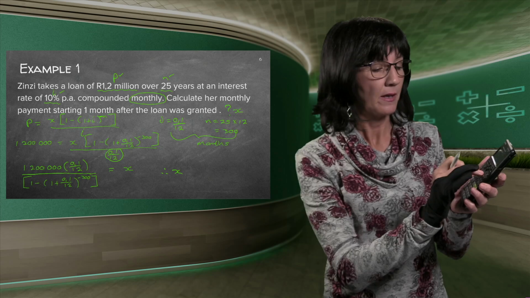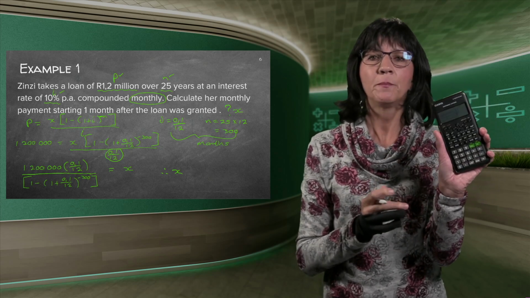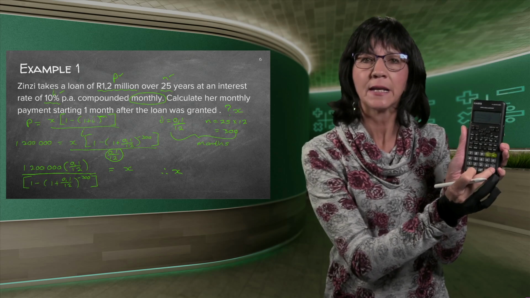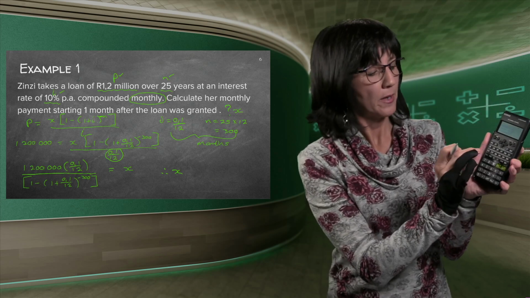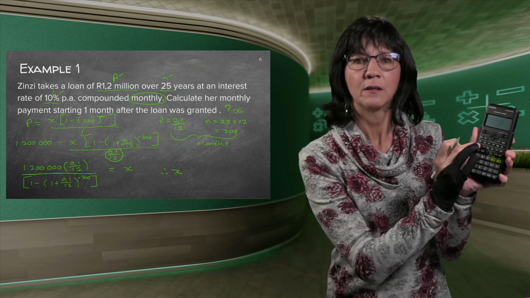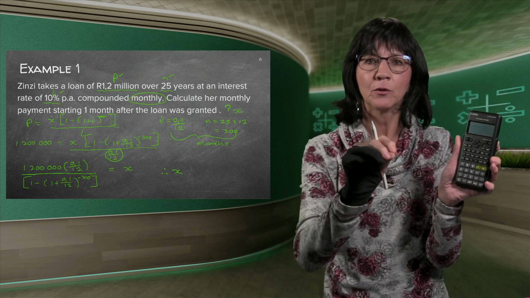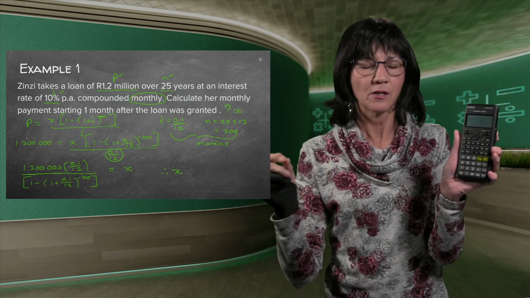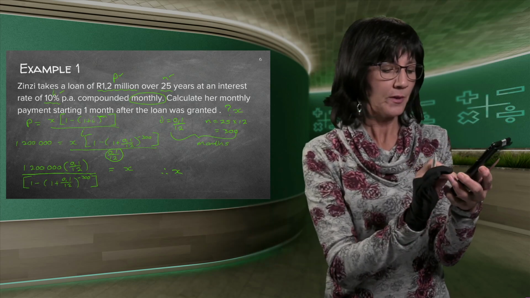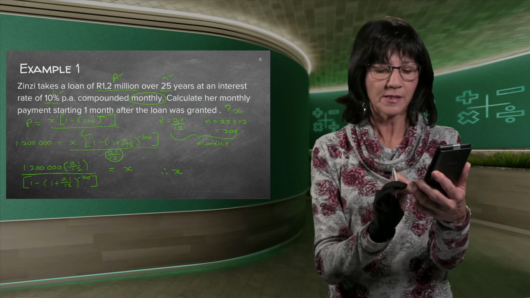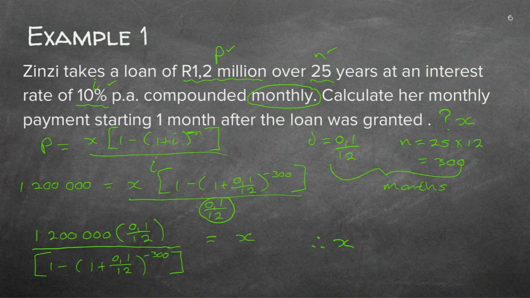So you press that button, X with a little block on top. And now be very careful. You don't press the normal minus sign. In your display on the top, there's a minus sign in a bracket right on the left-hand side. That is the minus that you use inside a problem for a value, not for physically subtracting. So you press that minus there, 300, and you press the equal sign. And that gives you rand, because we're working with rand and cent. And I'm rounding off 41 cents.